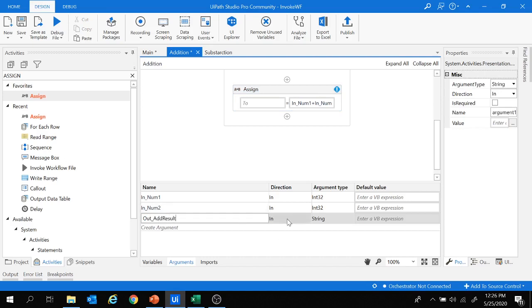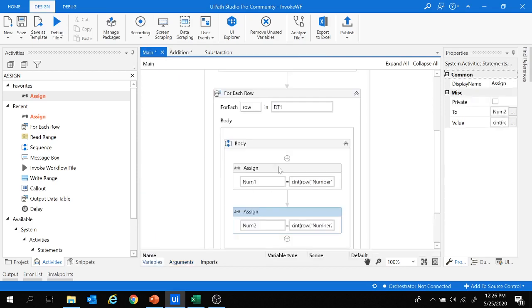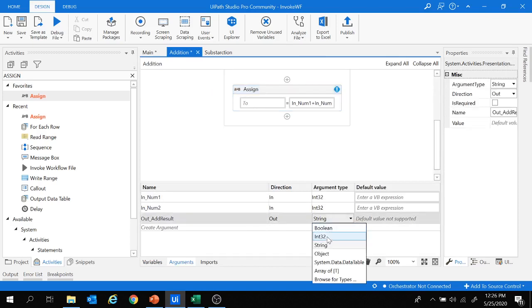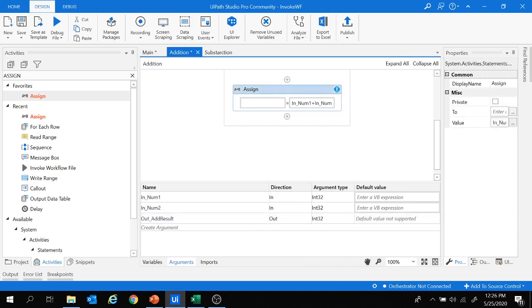Now in this case the direction will be out. Why will the direction be out? Because the result, the add result, will be going out from this addition workflow to the main workflow. So here I have taken the direction as out. Again the argument type will be Int32. So let's provide the out_add_result over here.